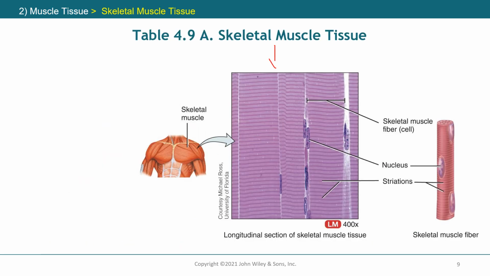Here you can see an example of the skeletal muscle tissue, and I want you to observe some of the characteristics. First of all, you find one nucleus, two nuclei, three nuclei. In other words, this one is multinucleated, and you can see the nuclei not only in the schematic but also here. You can also see that it is long and cylindrical. The cells are longer compared to the cardiac tissue, or compared to the intestine or organs that have muscles there. In addition, it is cylindrical, and here you see the striations, these lines